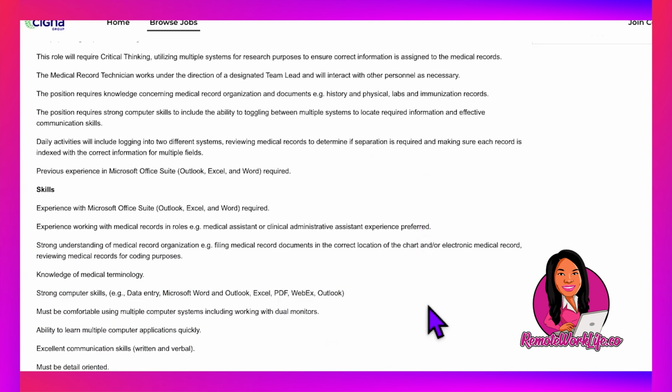So skills, it says experience with Microsoft Office Suite, experience working with medical records and roles, for example, medical assistant or clinical administrative assistant experience preferred, strong understanding of medical record organization, such as filing medical record documents in the correct location of the chart and/or electronic medical record, reviewing medical records for coding purposes, knowledge of medical terminology, strong computer skills, such as data entry, Microsoft Word and Outlook, Excel, PDF, WebEx, must be comfortable using multiple computer systems, including working with dual monitors, ability to learn multiple computer applications quickly, excellent communication skills, written and verbal,